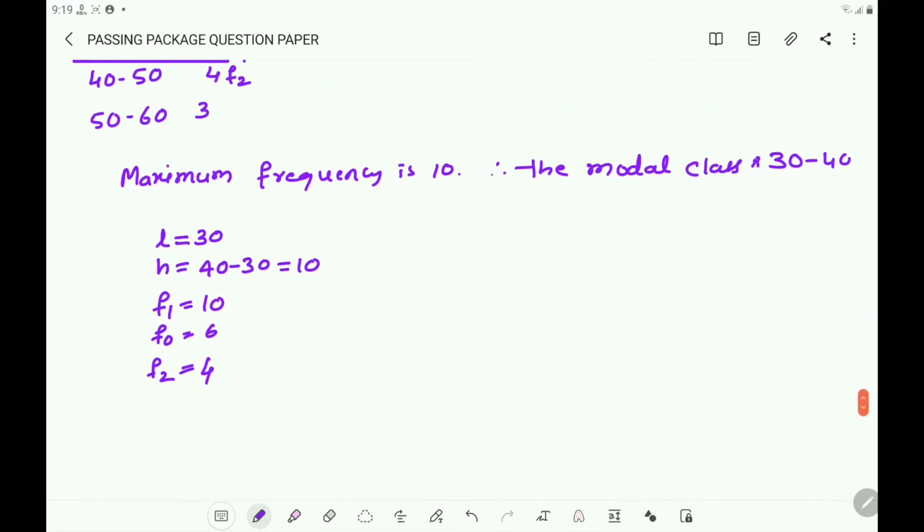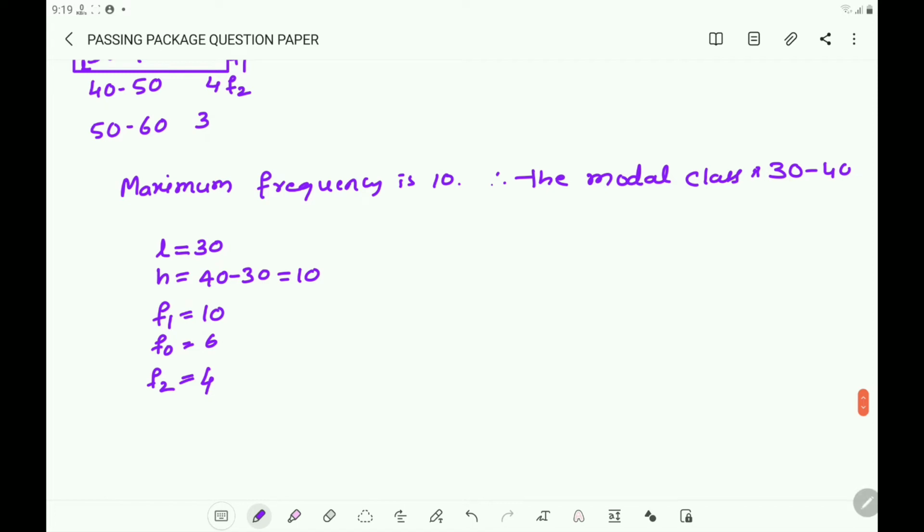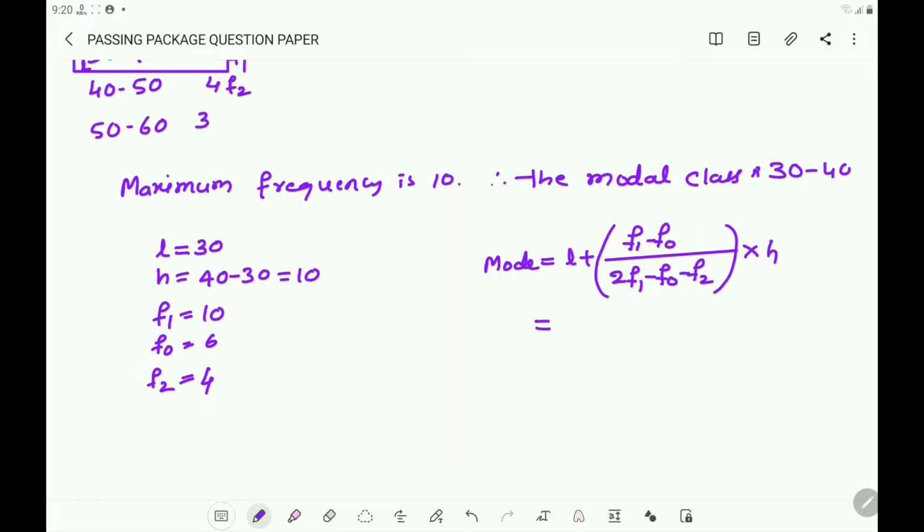Then you write the formula. What is the formula? Mode equals L plus (F1 minus F0) by (2F1 minus F0 minus F2). This whole is to be multiplied by H. Then you write L. L is 30. So you write 30 plus